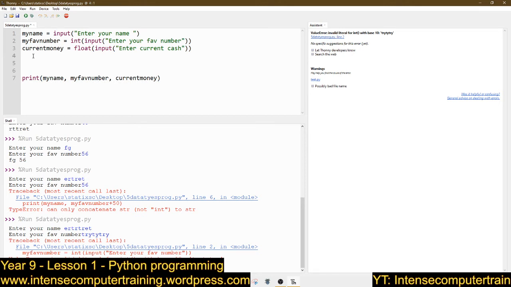Now a boolean is yes or no, so you've got to make a question which makes sense with the data type you're asking for. So, do you like cheese? Everybody says cheese when you say this.